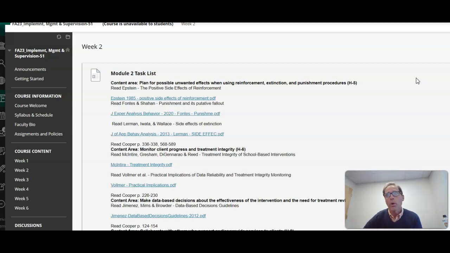And it's really important that we don't go into implementing a procedure without considering what those unwanted effects might be, and really weighing as part of our decision-making process about whether we're going to use an intervention, whether the possibility of those unwanted effects outweigh the benefit of implementing the intervention,